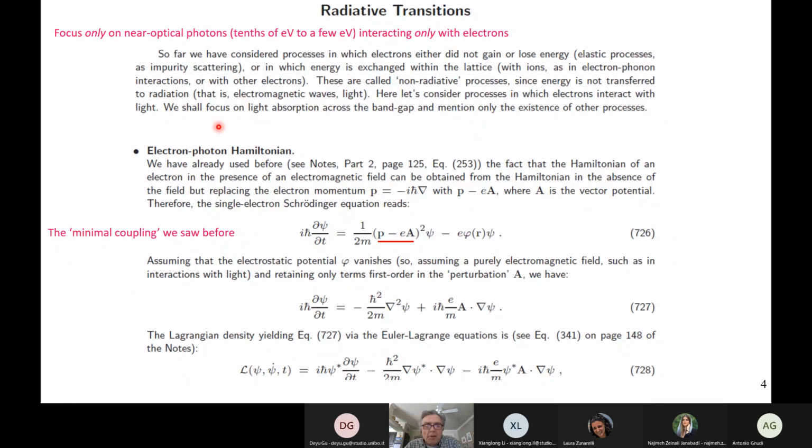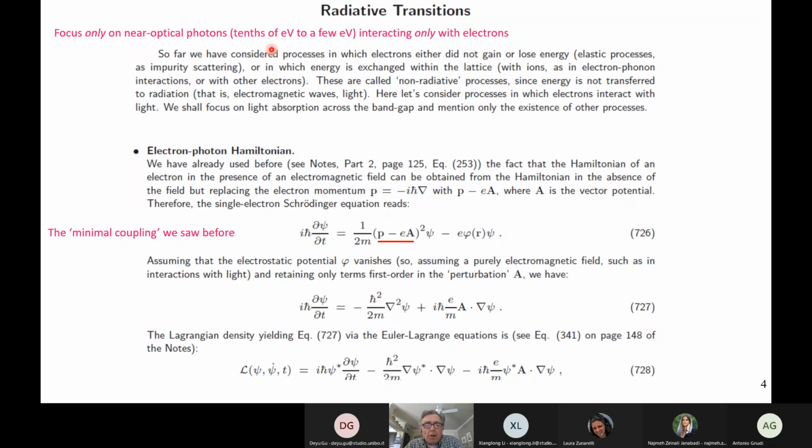The interaction of light with matter is a subject that you can discuss for many lectures. Here we will focus on a specific case, which is considering electromagnetic radiation of energy which is just around the visible spectrum. So from infrared to ultraviolet, not too far in infrared, not too far in ultraviolet. So we're talking about photon energies which are on the order of 0.1 eV or so,